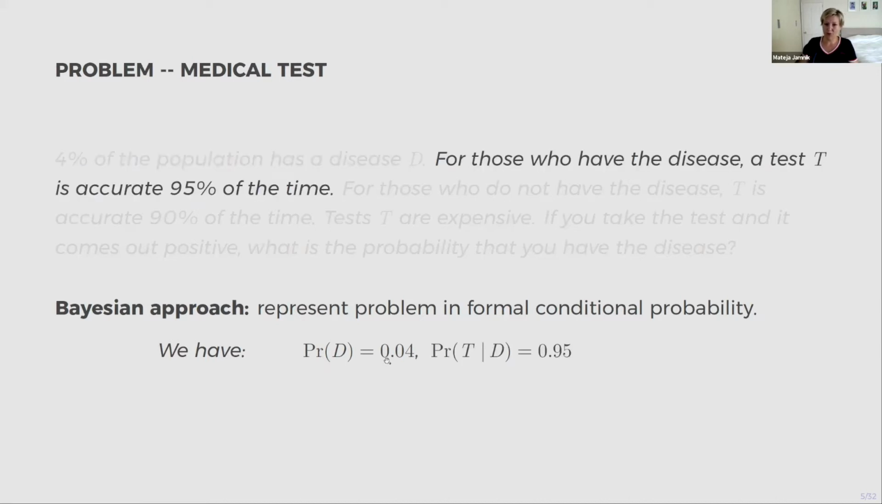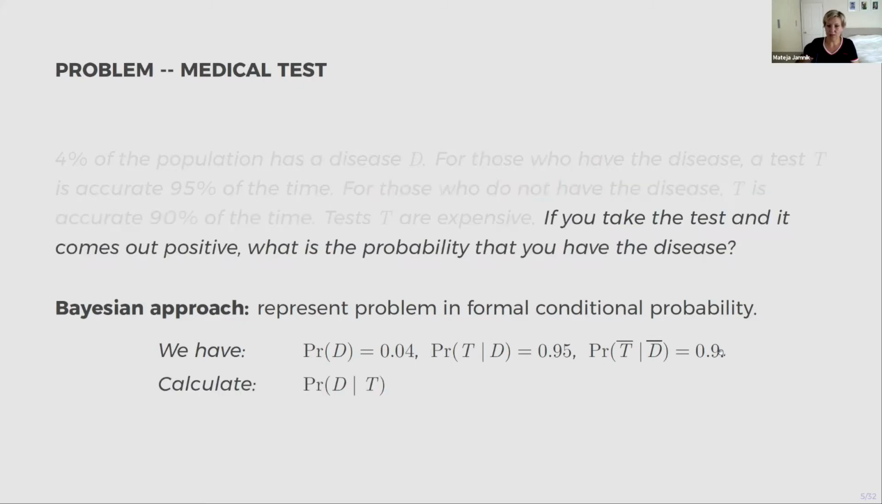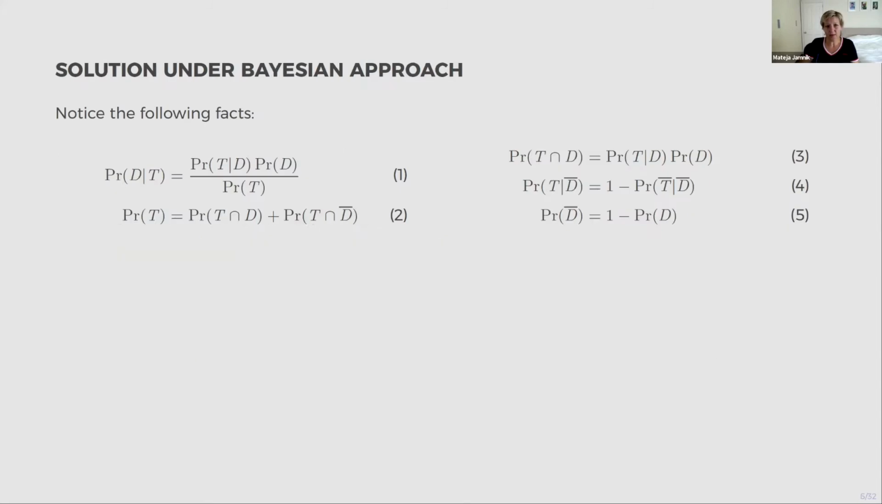Then for those who have the disease, the test is 95% accurate. And if you don't have the disease, then the test is 90% accurate. Now our task is to find, if you take a test, what's the probability that you have the disease? So this is how we would represent this problem using the Bayesian approach. And the solution under this approach